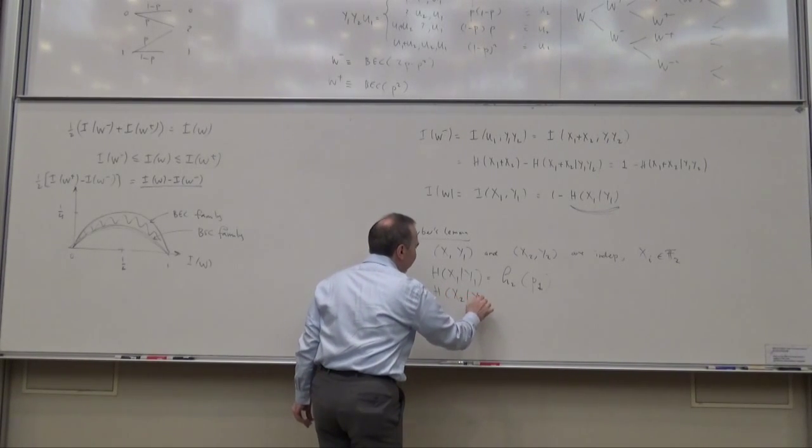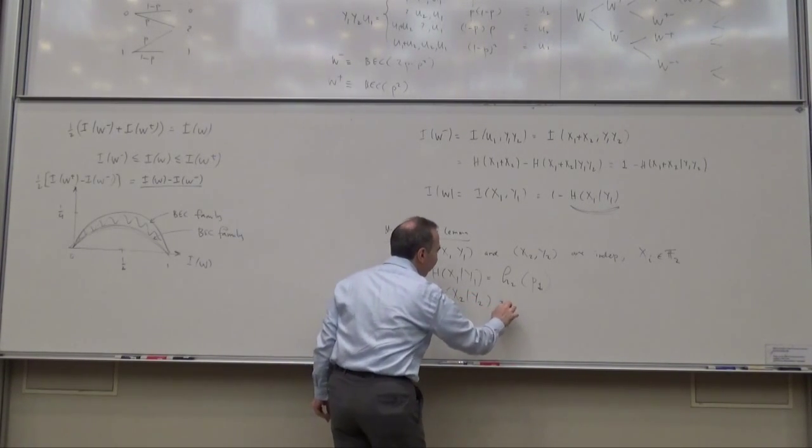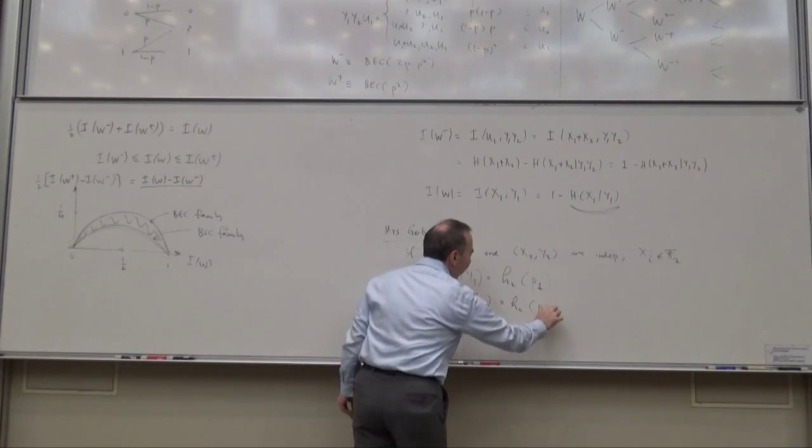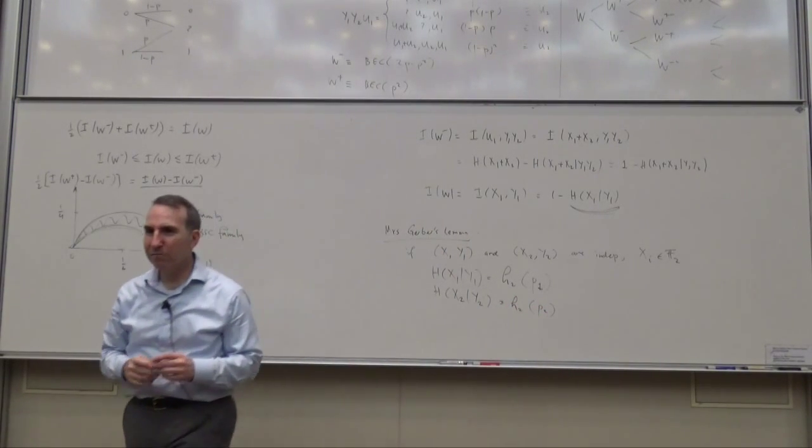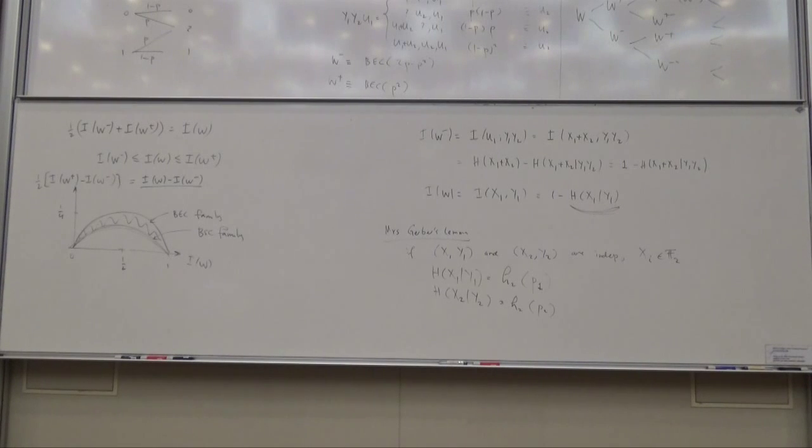And similarly, let me set the other equal to the binary entropy function. Suppose you have this thing. Okay, so define essentially P1 and P2 through this relationship. Then,